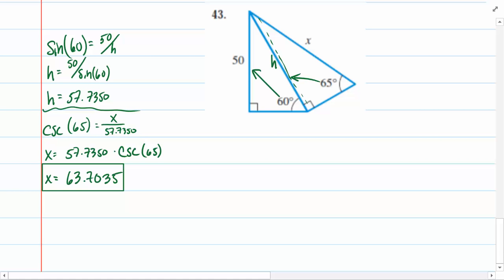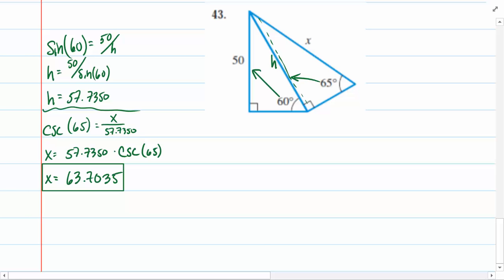And here we go with a solution. I used sine first. Sine of 60 degrees would be equal to 50 divided by h. That would be our opposite side divided by the hypotenuse. Once I calculated what h was, I then used that as my new opposite side, and I used the cosecant rule this time, even though I very well could have used sine again, but I chose to use cosecant this time. Cosecant of 65 must be equal to the hypotenuse x divided by the opposite side length, which was the 57.7350. When solved for x, I see the result comes out to be